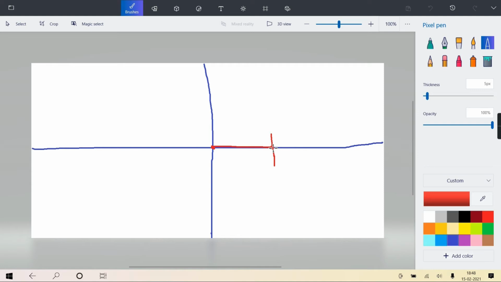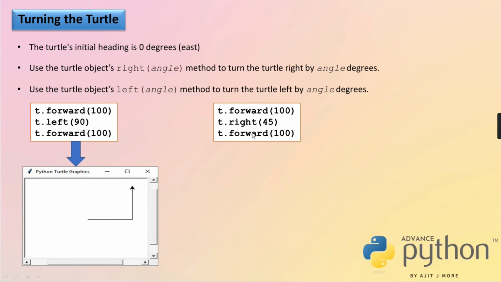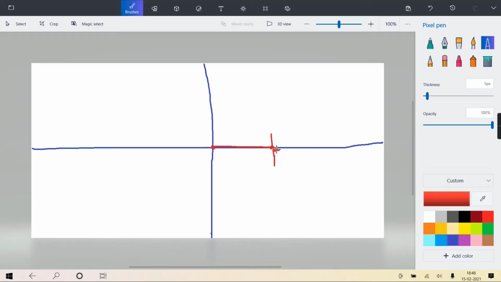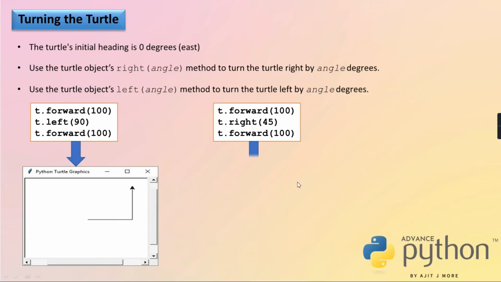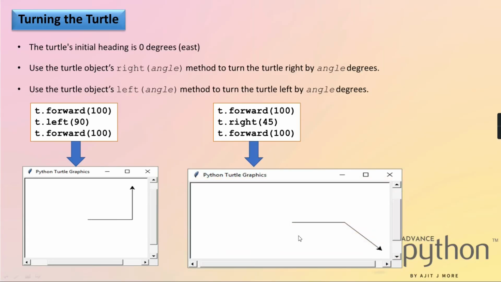I am saying right by how much degree? 45. 45 is this much only, no? Because this complete is 90. So now it will make its face 45 degree right. So the face is this side. And telling go ahead 100, so in that direction 100 pixels it will come ahead. Getting? So you'll get output something like this.